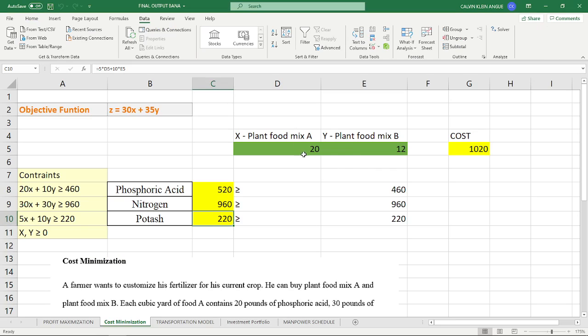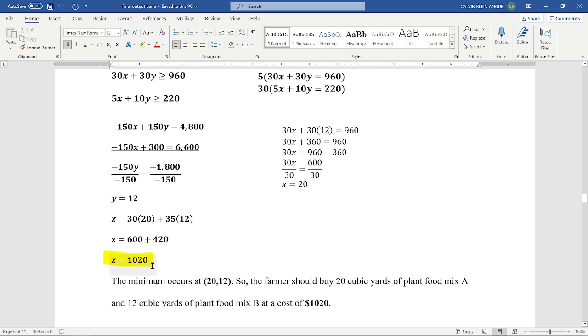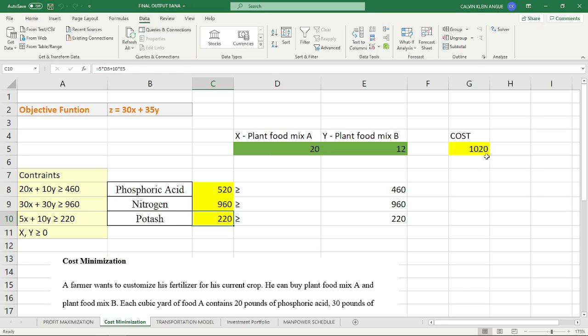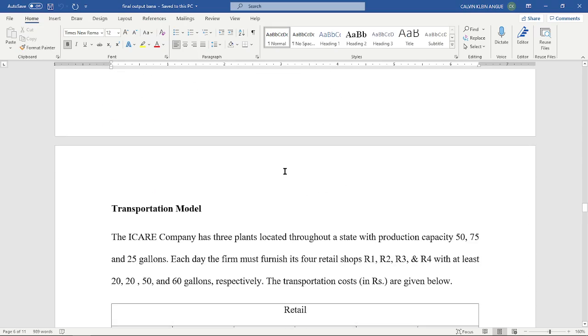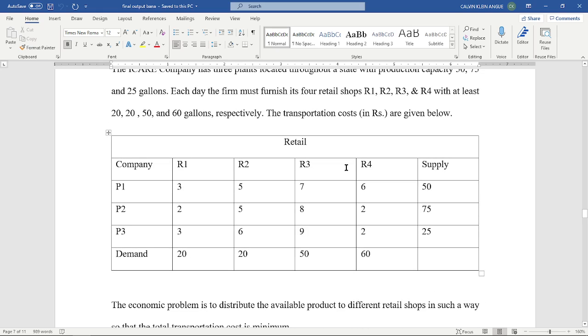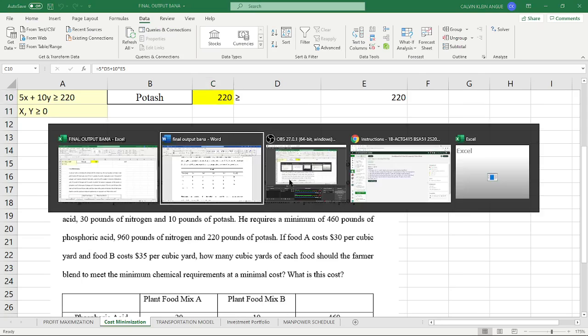X equals 20, then y equals 12, then z, then our cost will be $1,020. So it's the same. Then for our transformation model,